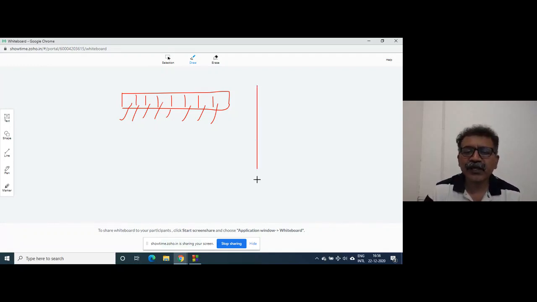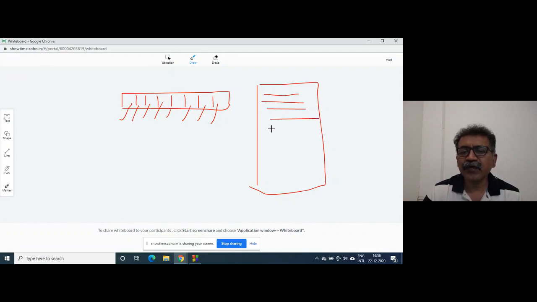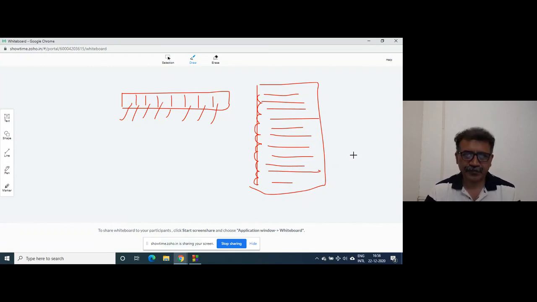Suppose there is a phone directory as in your mobile, with entries by name or whatever, and the search goes on linearly, searching whether that number exists or not.